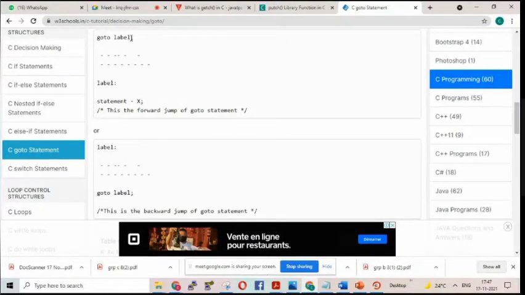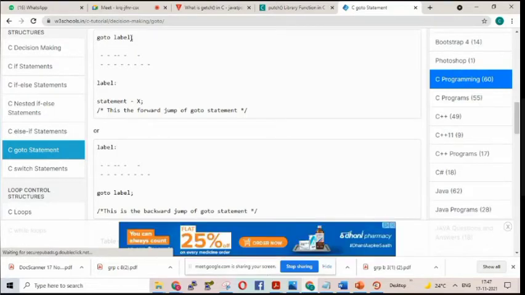Yes. I can keep one if statement, and if it is satisfied, then the goto statement is activated. If the if part does not satisfy, then goto will not execute. So by using if, we can make goto a conditional jump, but otherwise it will be an unconditional jump.